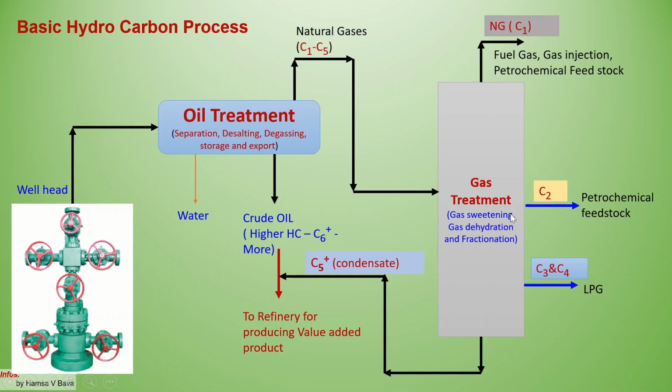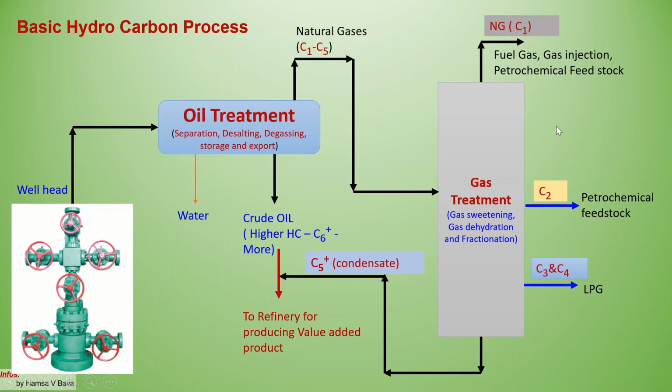So this will separate in the fractionation column as a fuel gas. Mainly it is used as a fuel gas in the gas turbines. Most of the Gulf countries are making electricity from gas-driven power stations, and this fuel gas C1 is used as a fuel gas, and C1 is converted into liquid, that is LNG.